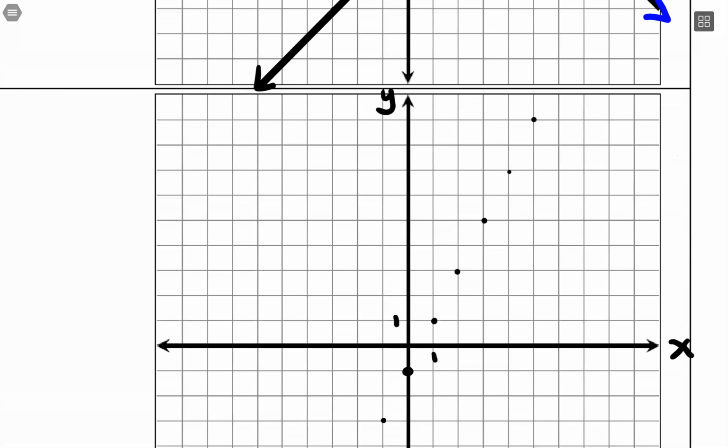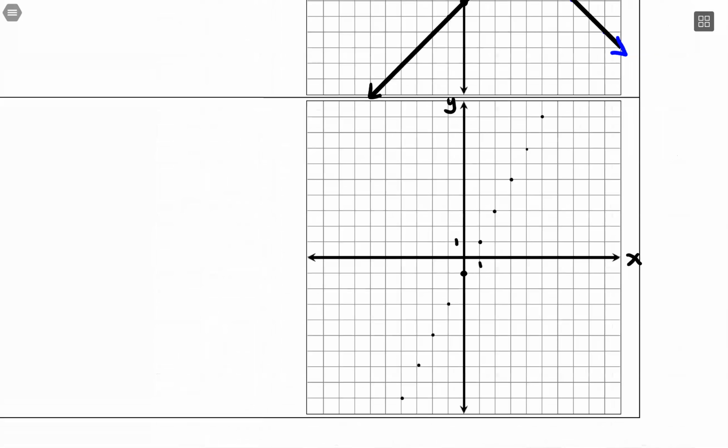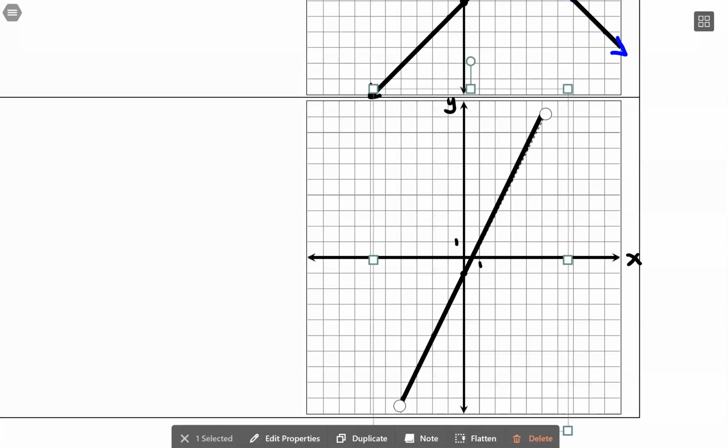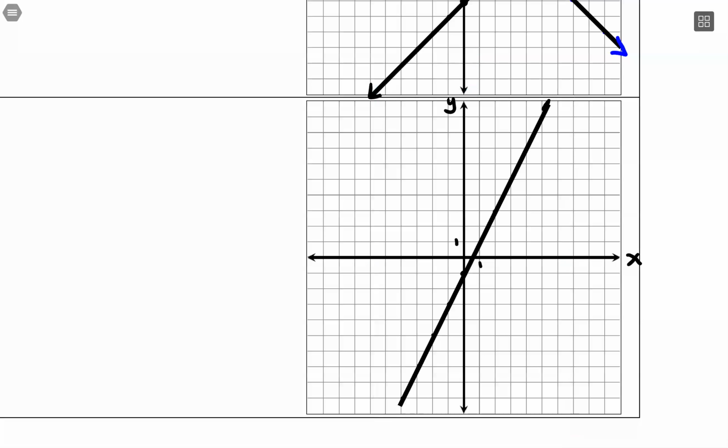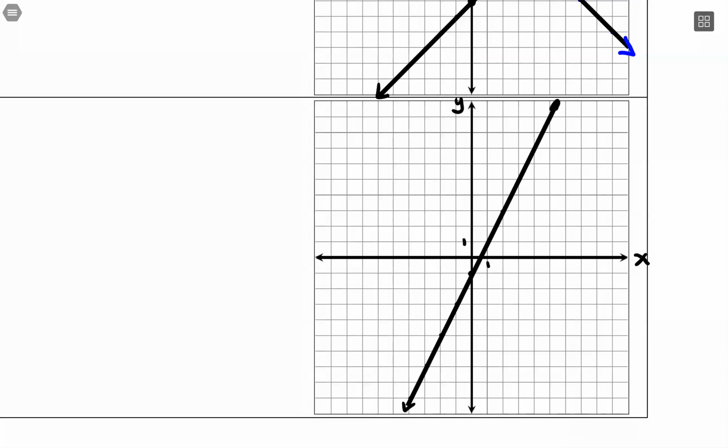I know it's tedious, but accuracy helps. Okay, I'm going to graph this as carefully as I can because of what's going to happen next. Alright, some arrows, and there's our first line. Second line,